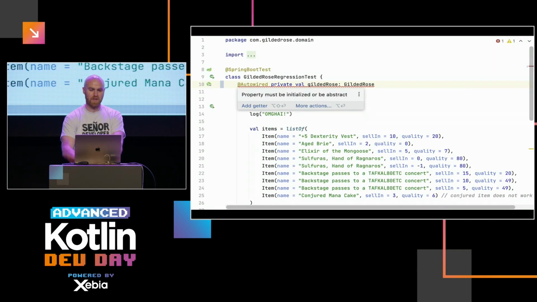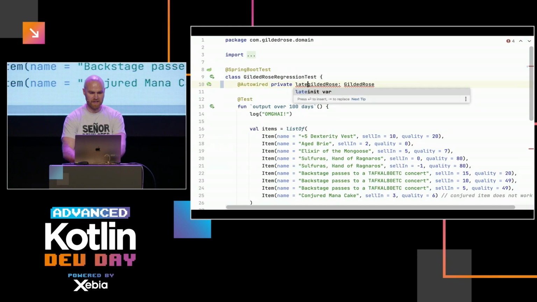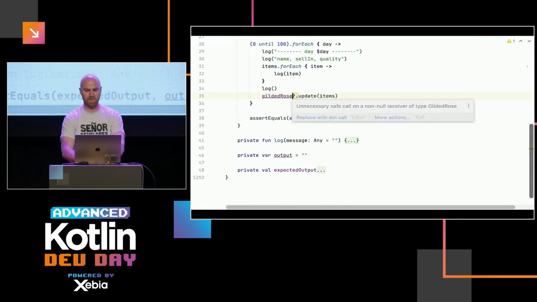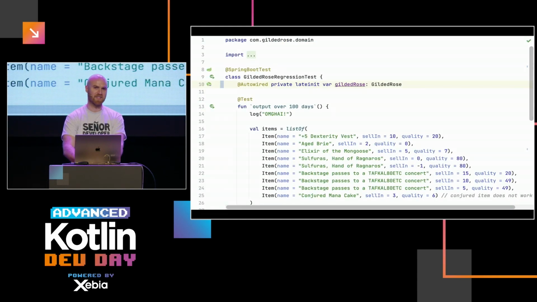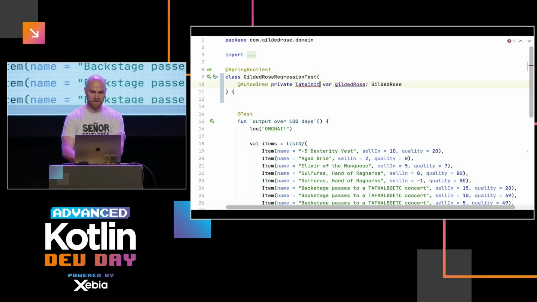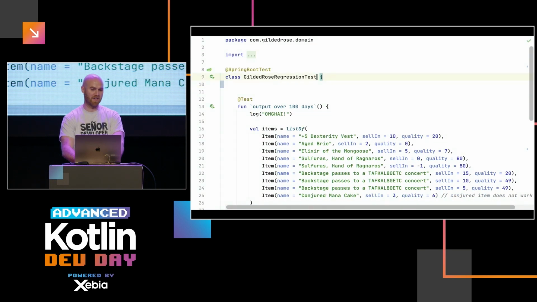And then it says, oh, Kotlin doesn't understand that autowired will really add a value there. So I think we could use lateinit var to make it at least not nullable, because it's never null. I think these are bad options, but lateinit var is less bad. So that's one option. The other, we could even move it to the constructor and make it a val. Right? We could do this, then it's not even var. Because what's the point of having var if we never change it anyway? Or what's the point of having it null if it's never null?